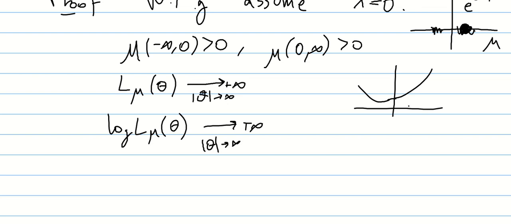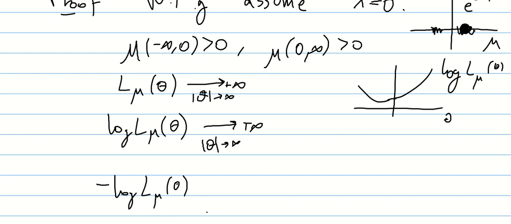Since the log is convex, I'm going to use the same picture here. So this could be a picture of the log of L mu of theta. And this means that minus log of L mu of theta has an overall maximum, a concave function that goes to minus infinity in both directions, minus and plus infinity. It has an absolute maximum. So there exists a theta 0 such that